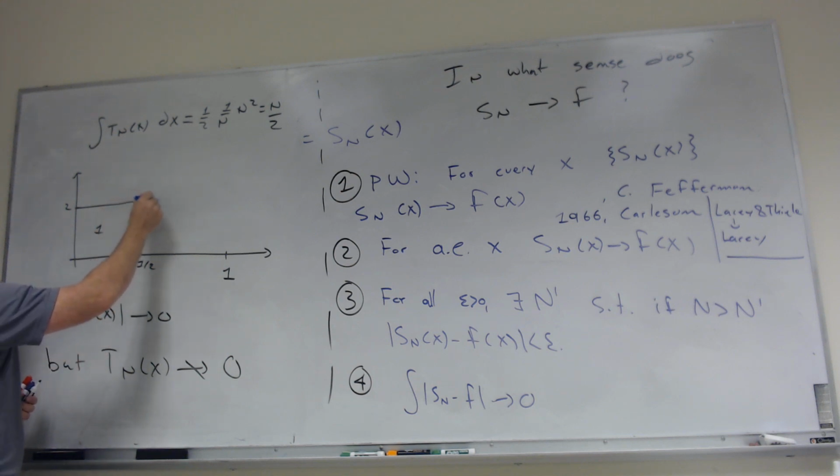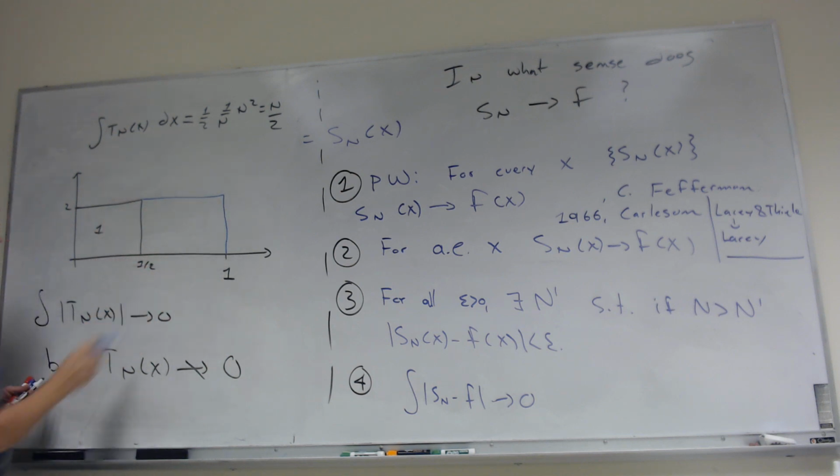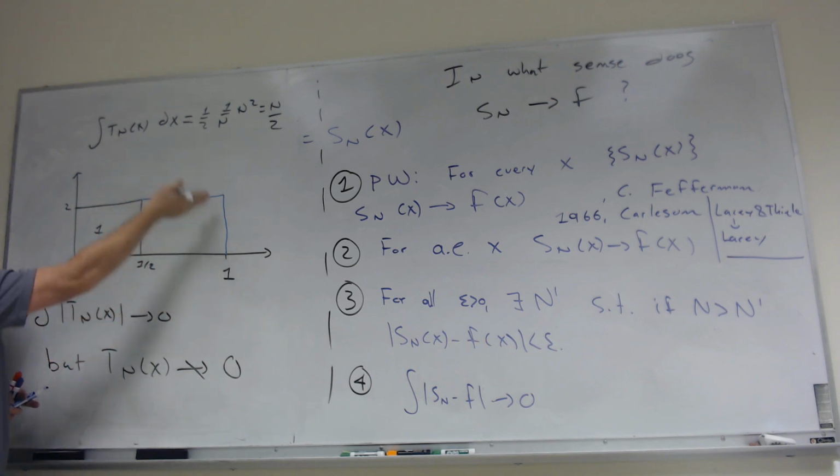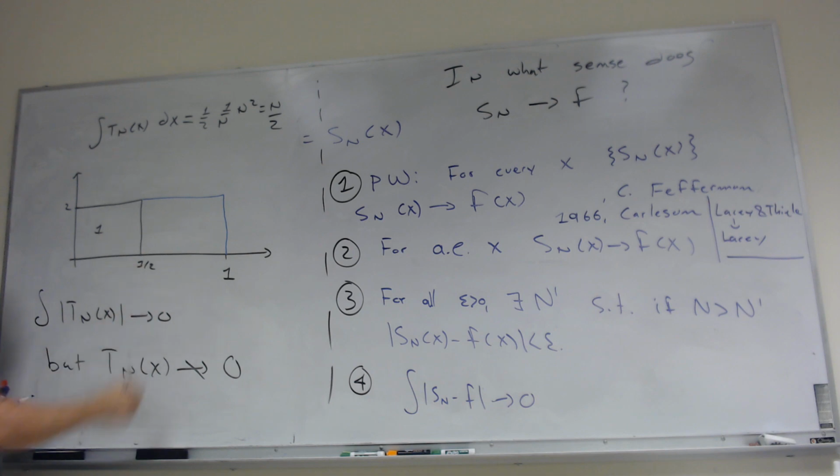Okay, so the next function that I'm going to look at is going to be, again, a function going from 1/2 to 1, this is the graph. Of course, the graph technically doesn't include this part here, but just to draw the box I am. So the area of both of these is 1. Okay, so this is the first function in the sequence, this is the second function in the sequence.